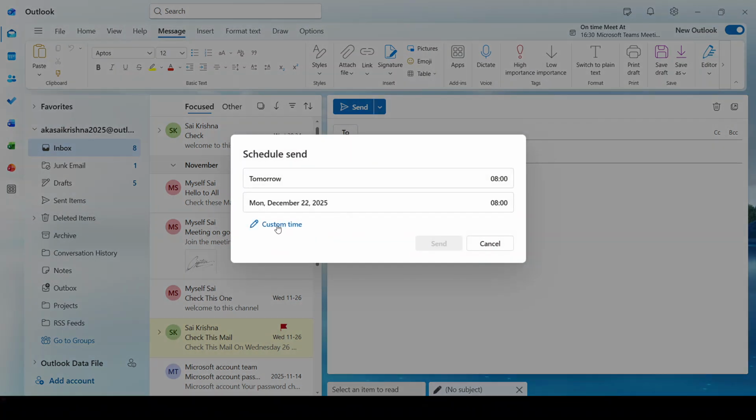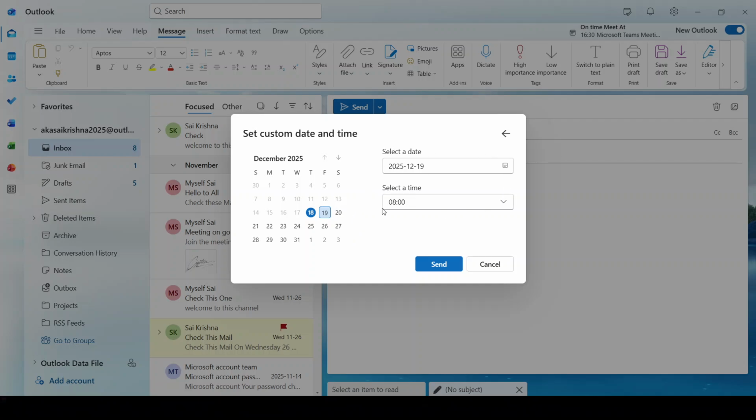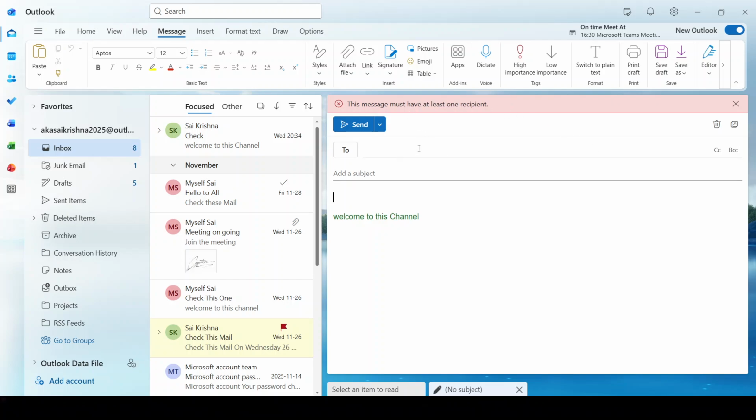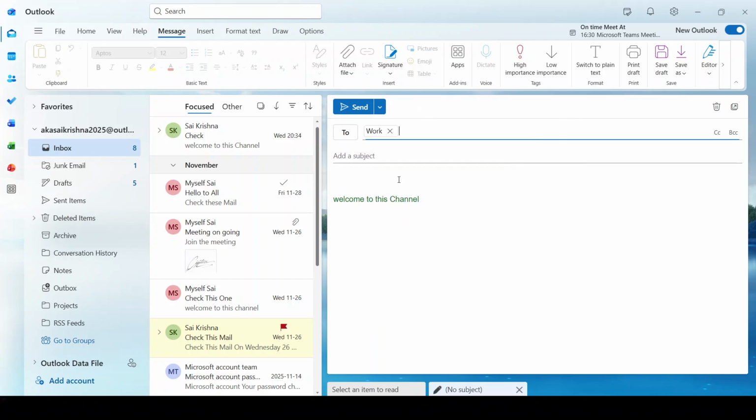Outlook will offer a few convenient preset times, but you can also pick a custom date and time if you need something specific. Once you've selected the time, click send. Outlook will hold the message and automatically deliver it at the time you chose. Keep in mind, delivery uses your Outlook time zone settings, so if you're coordinating across regions, it's worth double-checking your